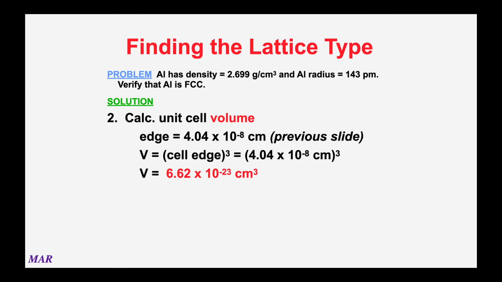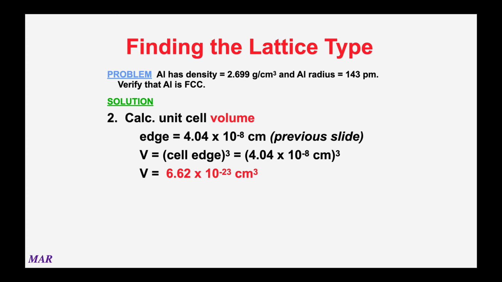Once you have the edge, because we're using these unit cells, length, width, and height are all the same. So the edge cubed will equal the volume. If you take the 4.04 times 10 to the minus 8 centimeters and you cube it, you get a volume of 6.62 times 10 to the minus 23rd centimeters cubed. And that is a really, really small volume. 1 milliliter is 1 centimeter cubed. I think a 12-ounce can of pop or beer or whatever would be 355 milliliters. This is 10 to the minus 23rd. So we're talking about super, super small volumes here because these are the little parts that make up the bulk